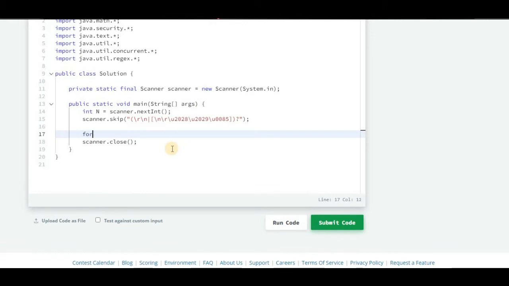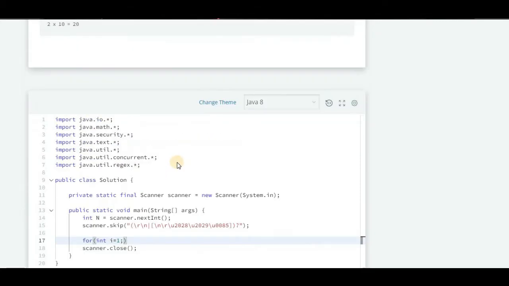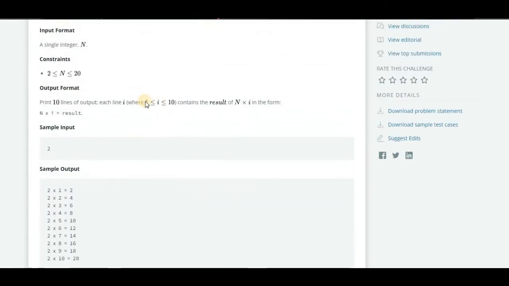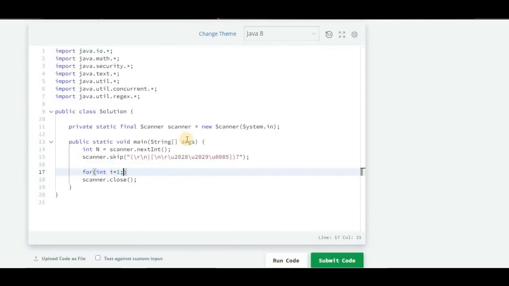So let's do for int i equals 1, because as it is already written, i should be greater than or equal to 1 and less than or equal to 10. So i should be less than or equal to 10. They have already mentioned this in the problem.